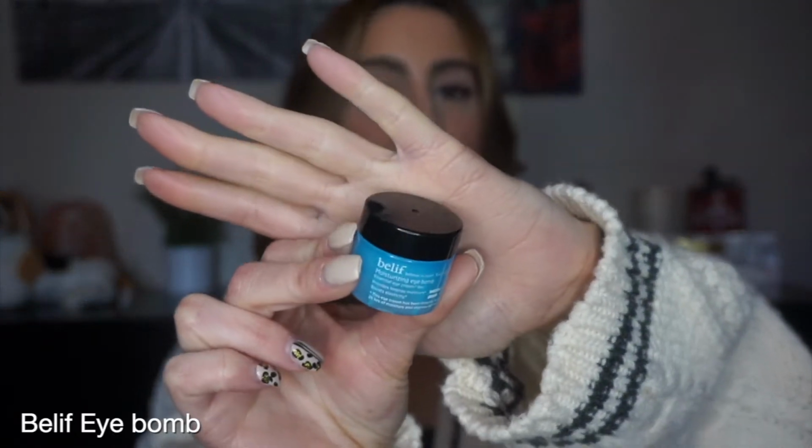This is another skincare item. This is from Belif. This is their moisturizing eye balm. I didn't have a good eye cream. I wasn't using anything that was really hydrating. I was using the CeraVe one. That one was good. It was super lightweight and does absorb really quickly into my skin, but I wanted something for overnight that's really going to hydrate my eyes, giving me some